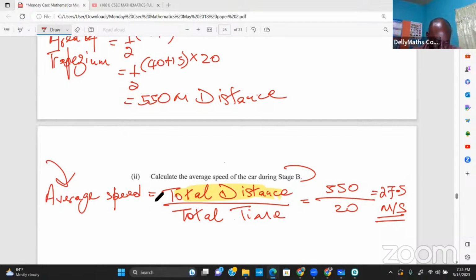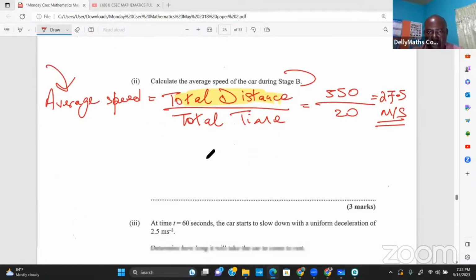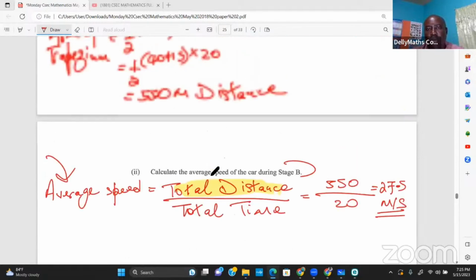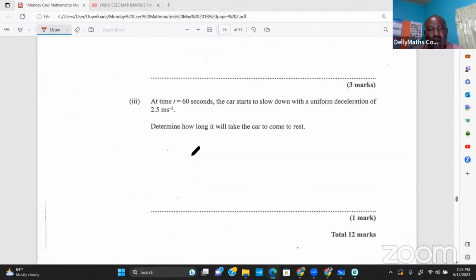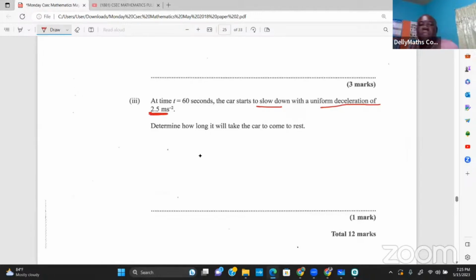All right, let's continue. See what the question is. Now, here is the question right there, 60. Additionally, it says at t equals 60, when the time reaches 60 seconds, the car starts to slow down with a uniform deceleration. Uniform deceleration comes from the term acceleration. Acceleration really means to speed up, but because you're slowing down, we call it a negative acceleration, deceleration,